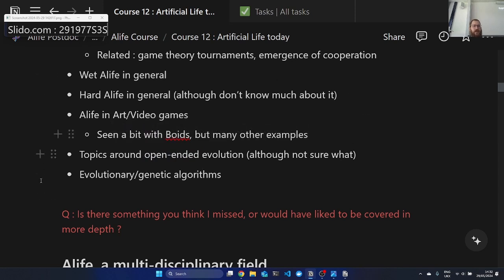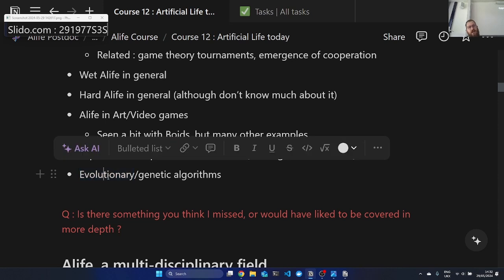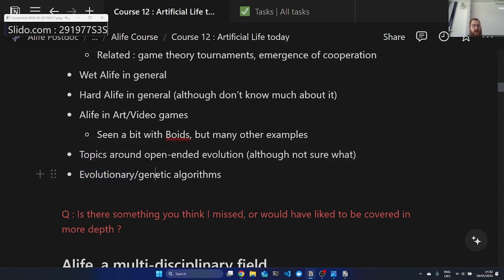And finally, another thing which is somewhat related to ALife. It's more related to real life than ALife, but it often pops up in artificial life papers: evolutionary and genetic algorithms. These are machine learning algorithms that are used to train some machine learning model, and they're inspired from real life in the sense that you simulate essentially some evolutionary procedure to select the best performing algorithms. So in that sense, it's somehow related to artificial life, but kind of from afar.